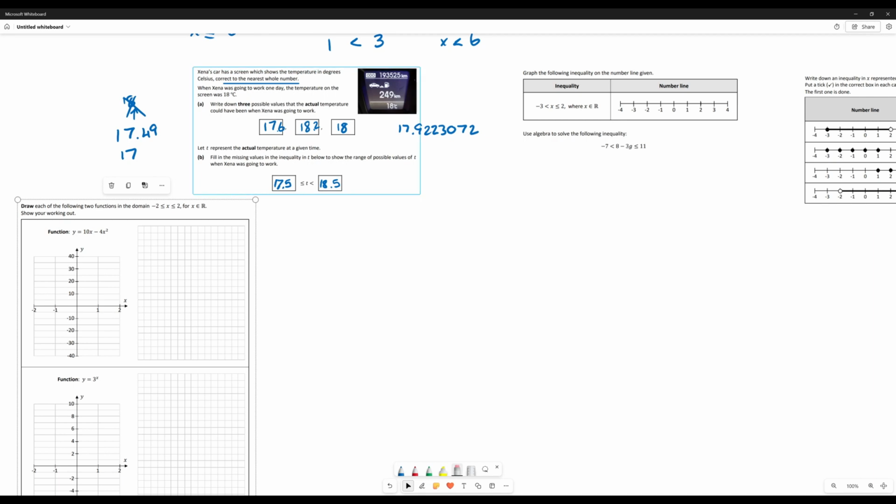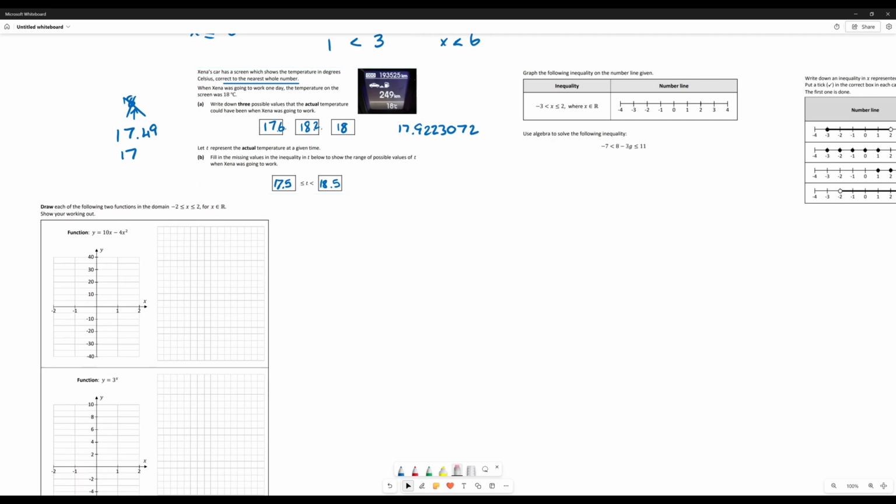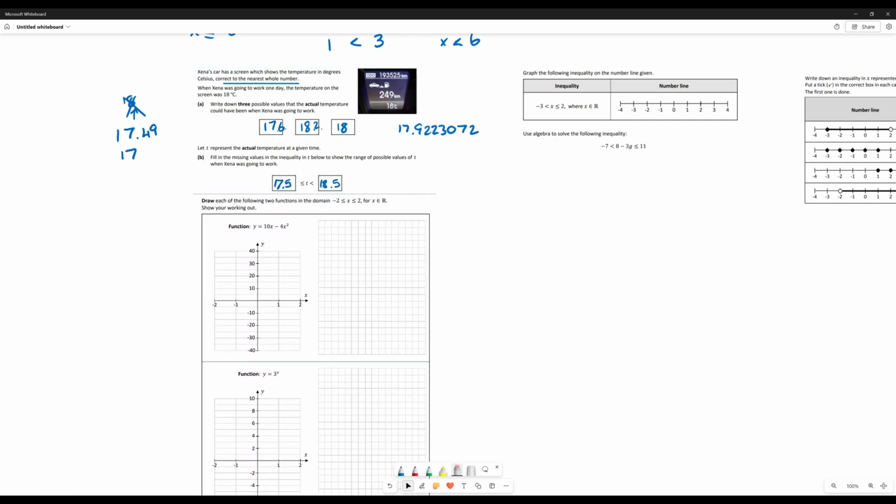It's just saying, oh, well, T has to be in between these two numbers for the 18 to make sense. The little equals being that we can include 17.5, because if you round that, it would be 18, but not 18.5. So as long as you pick a number for T that's in between these two, that question would work, right? I'm not going to harp on about that too much, but I was just trying to show you what the